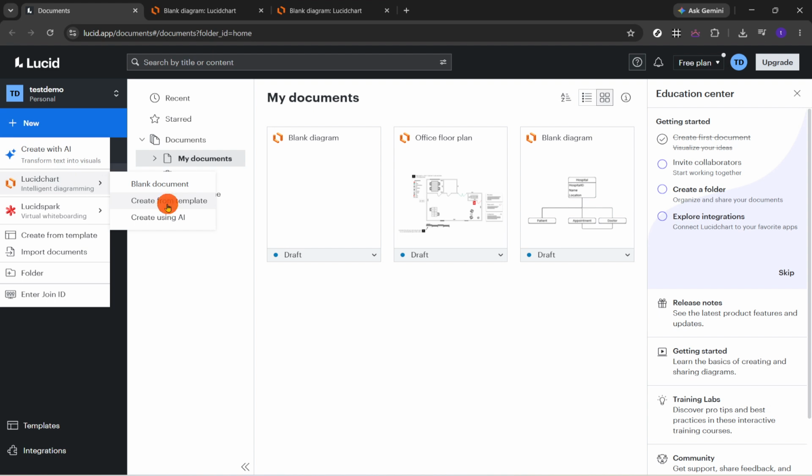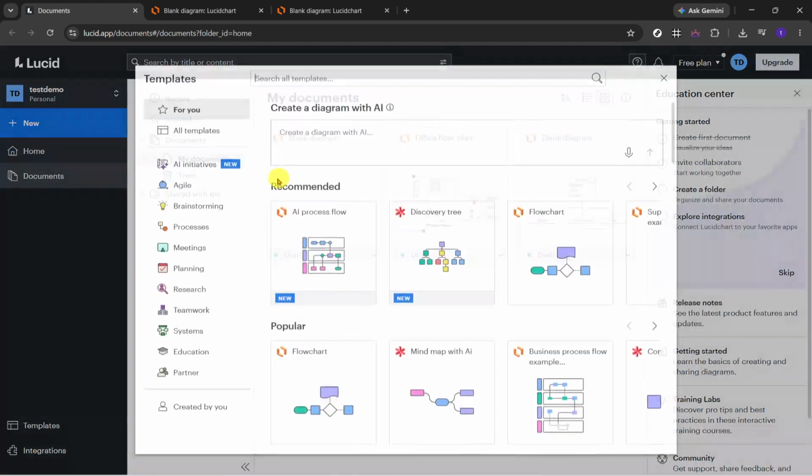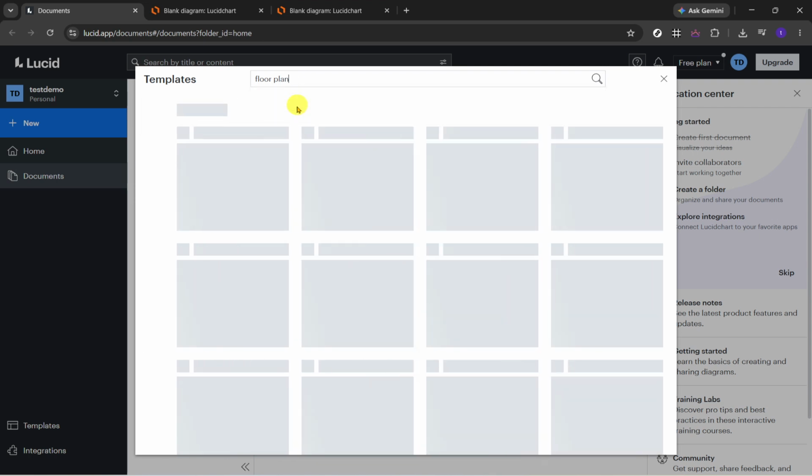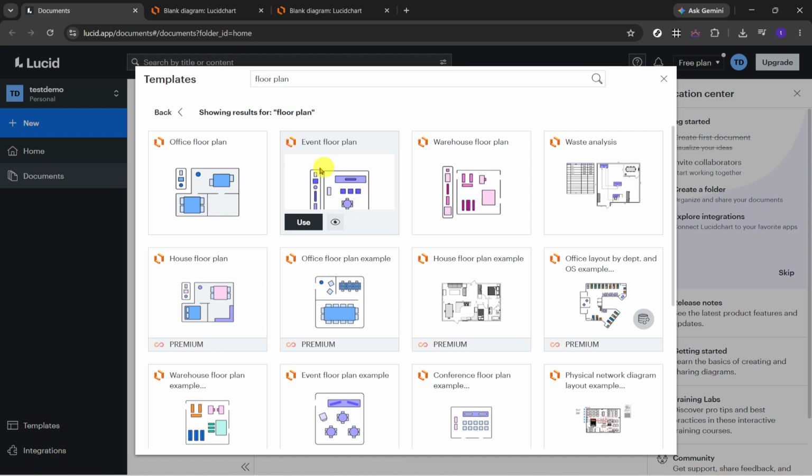From the menu that appears, select Create from Template. Using a template can save time and make the process much easier, especially if you're building a floor plan and want a ready-made starting point. Templates are helpful because they often include walls, furniture, room layouts, and formatting that you can customize instead of creating